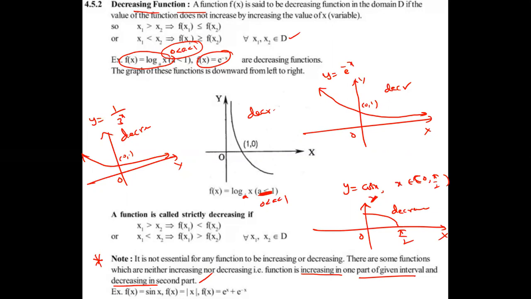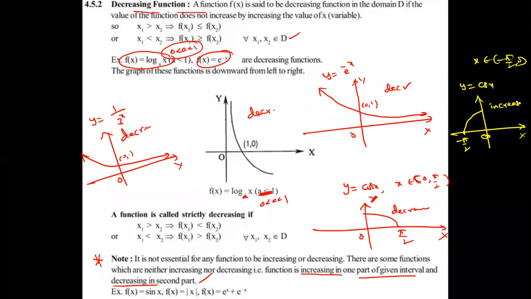0 to pi by 2. So minus pi by 2 to 0 is what? Increasing. So be careful, this type of diagram is very, very important. We will discuss it briefly later, don't worry. X belongs to minus pi by 2 to 0, meaning y is equal to cos x is increasing. It depends on the interval, that's what I'm saying. In this case it is decreasing, and in this case it is increasing.